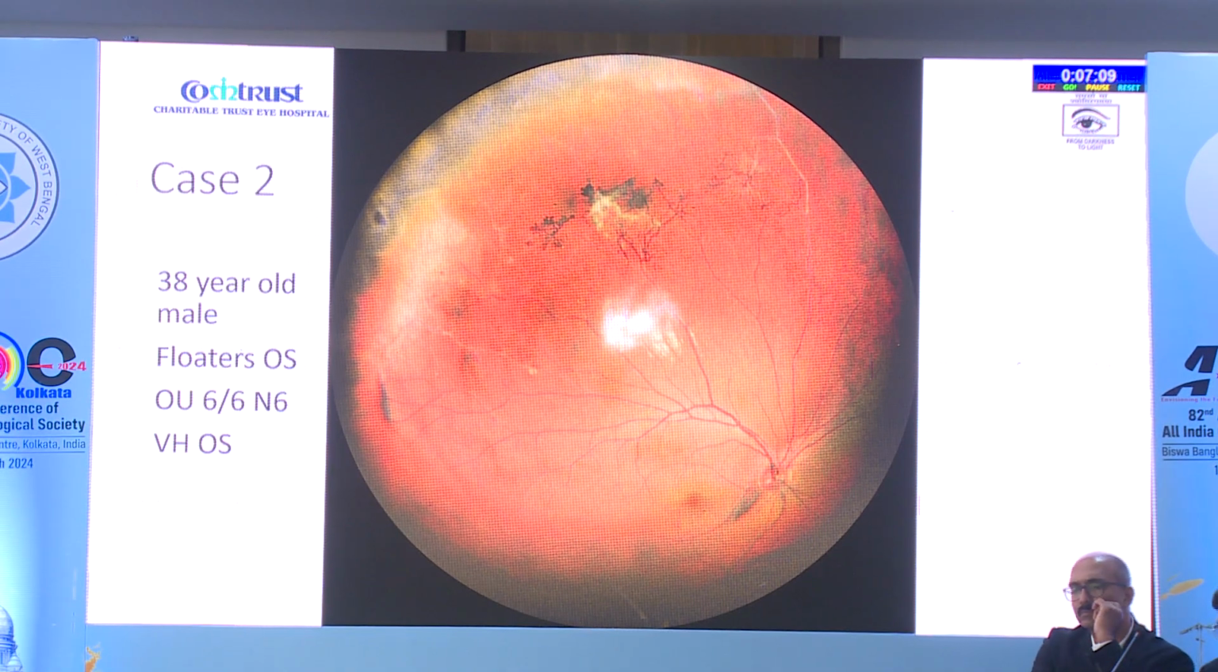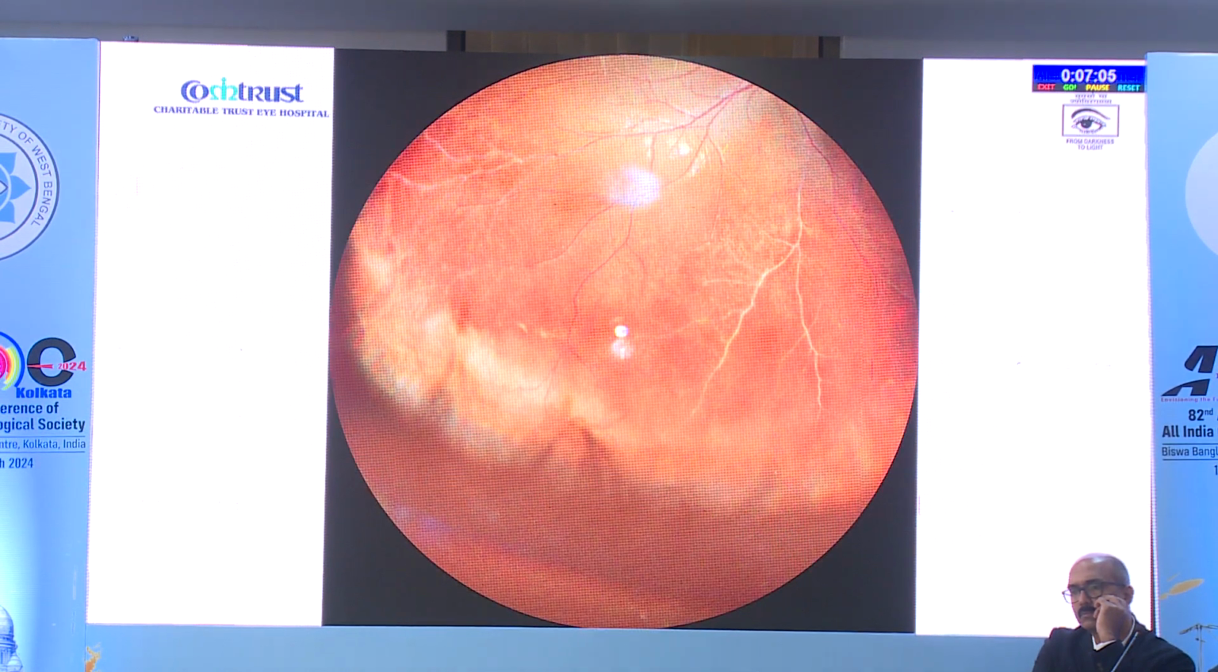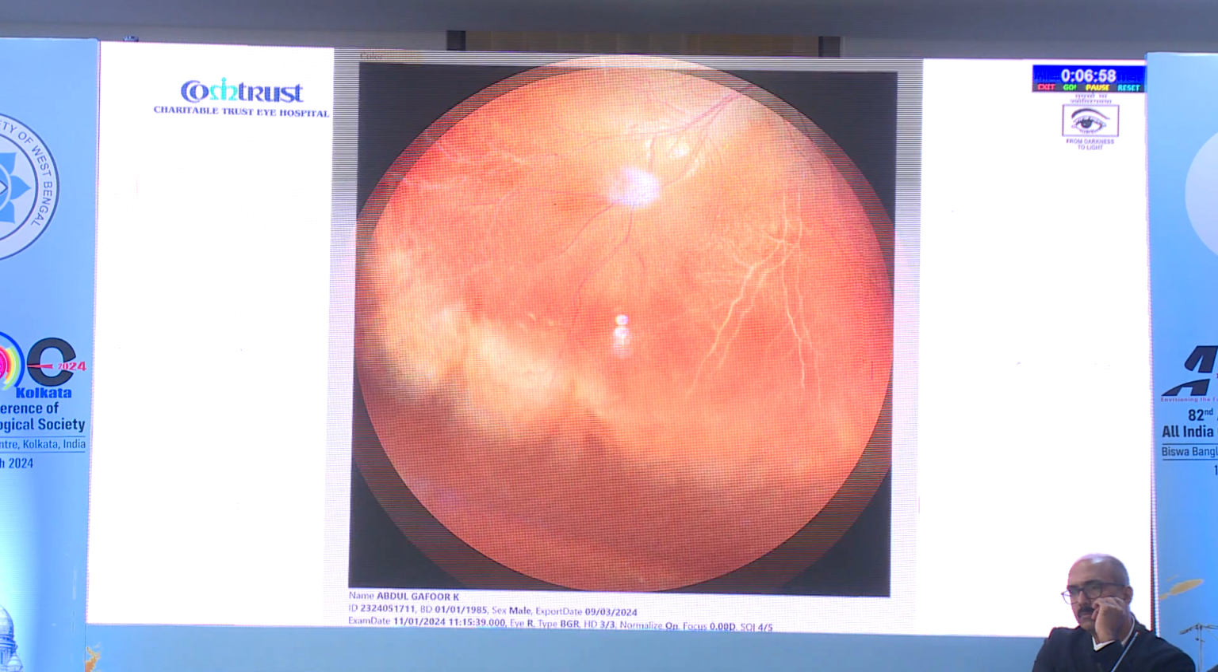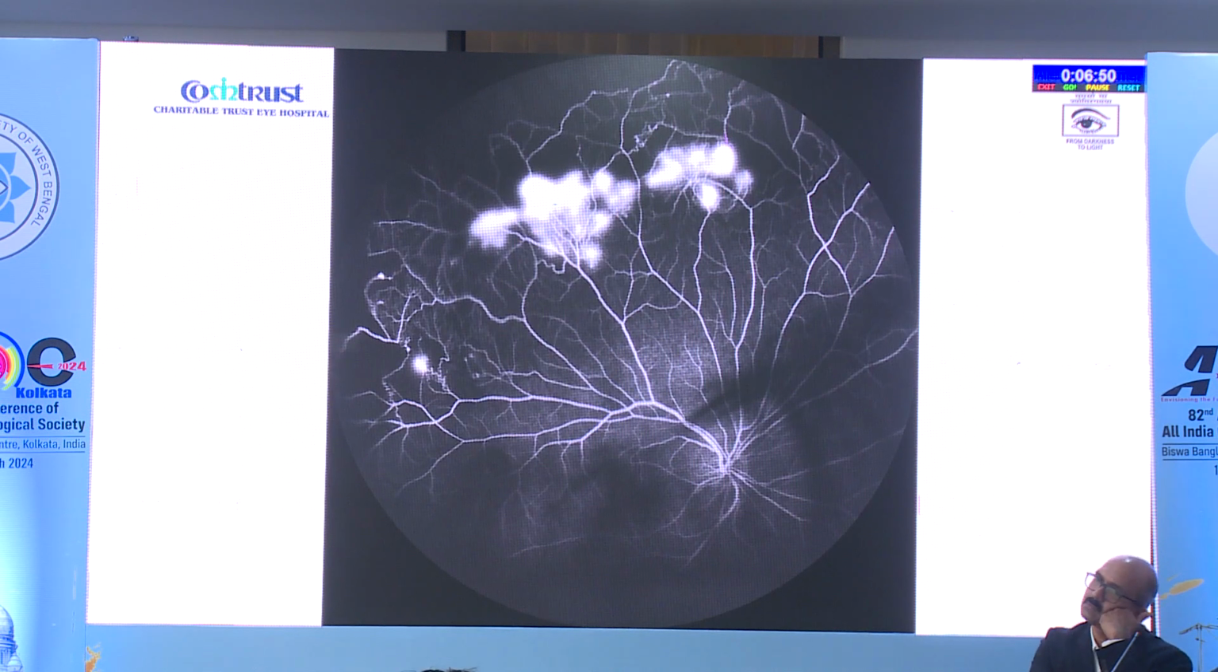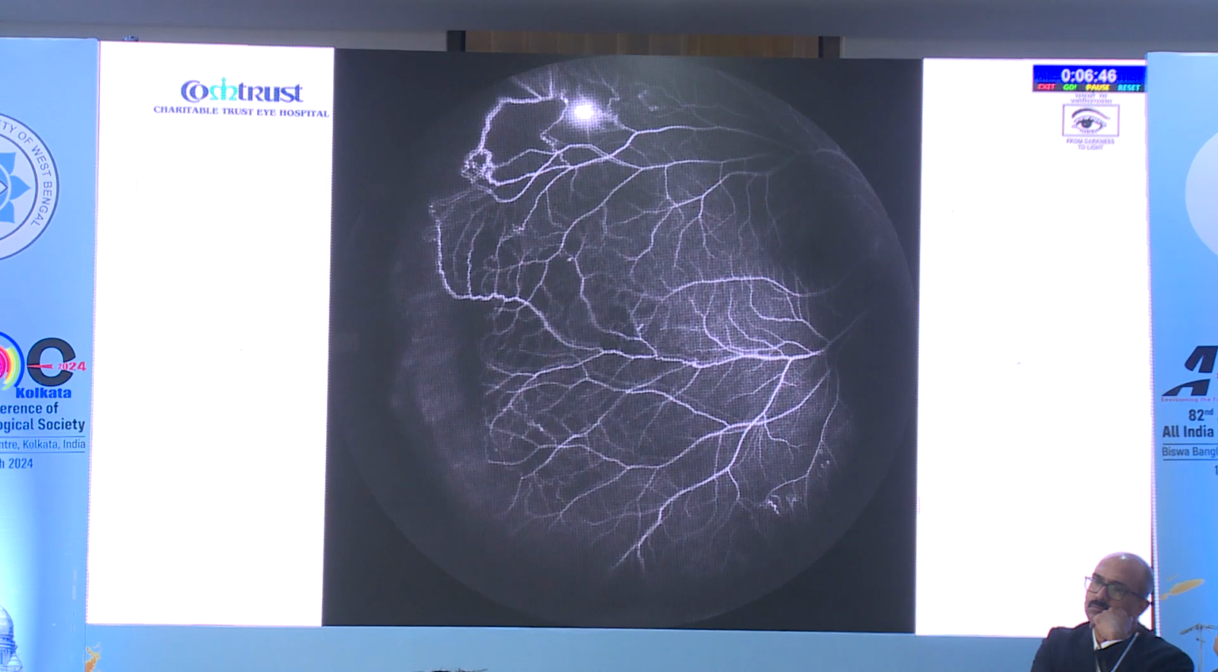So this is a second case where a 38-year-old male came with floaters in his left eye. Both eyes he has 6/6 vision. The fundus photo of the right eye shows the periphery, you can see almost till ora. There are peripheral sclerosed vessels and corresponding angiography shows extensive CNP areas in the periphery. There are multiple neovascular fronds, shunt vessels in the periphery,